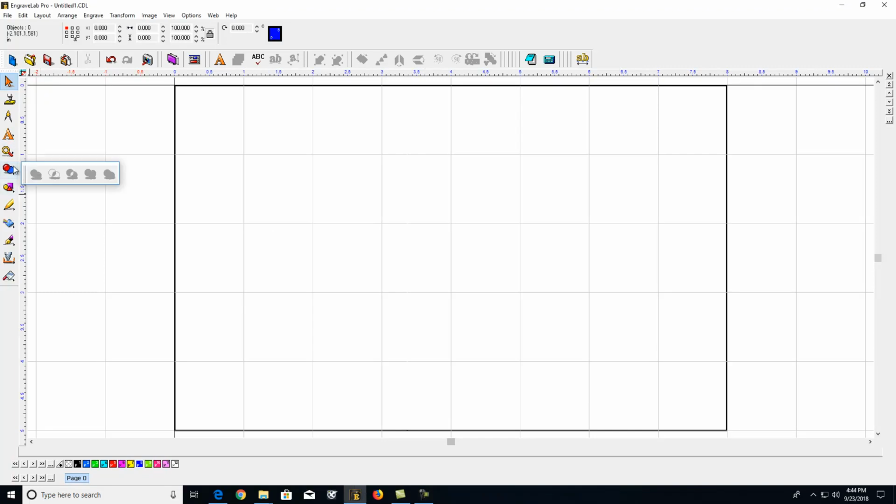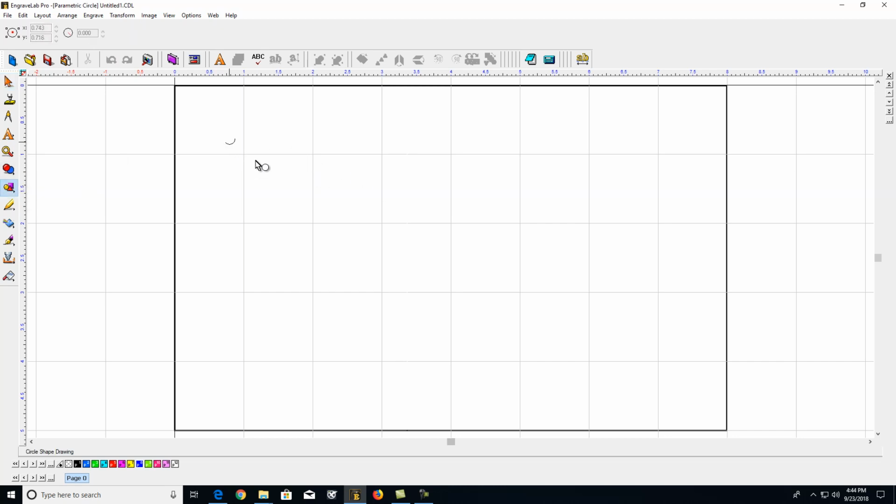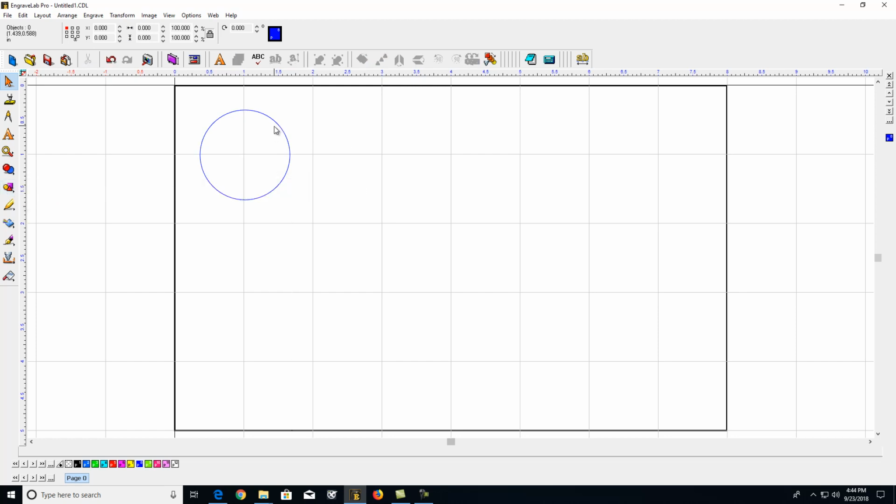I'm going to just show you very quickly array. I haven't done any setup on this, so everything will be kind of by the seat of the pants, but all I did is just draw a circle, which was my circle tool right here. So I know that this circle I want to be a 1.5 inch diameter, and I want it centered at 1. And this is locked, so I'm going to type in 1.5 and hit enter, and then I want it